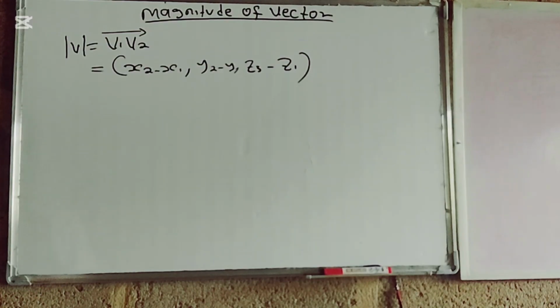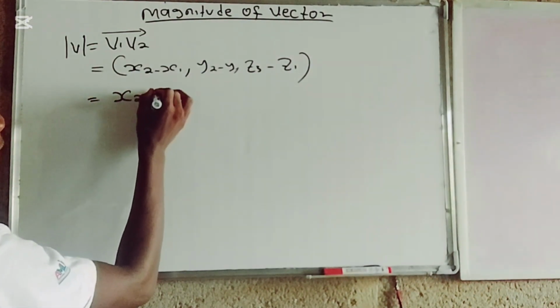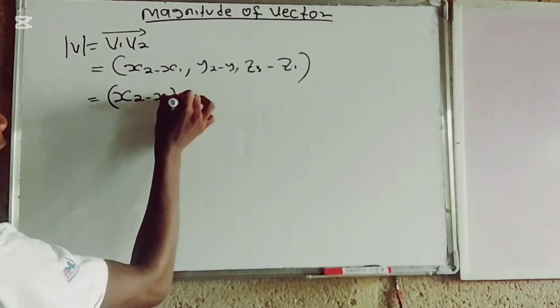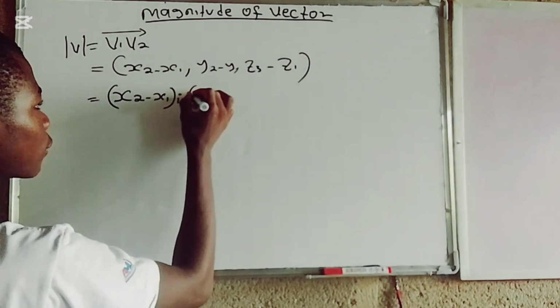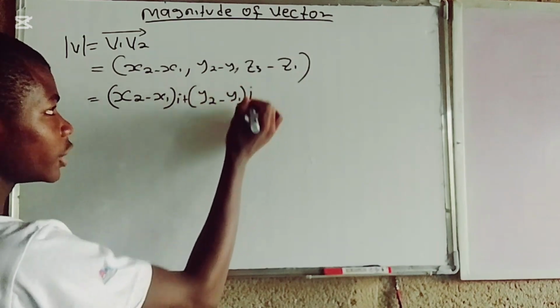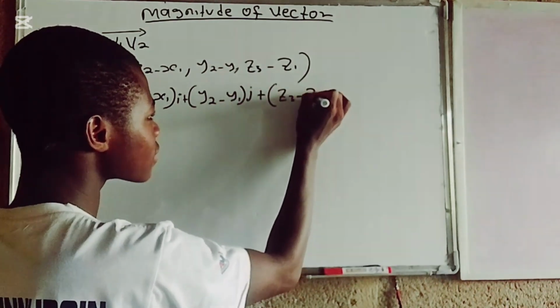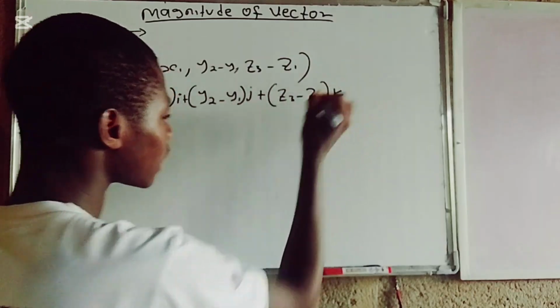Because this is a vector, it is the same thing as saying (x2 minus x1)i plus (y2 minus y1)j plus (z2 minus z1)